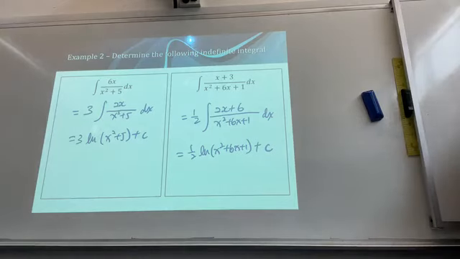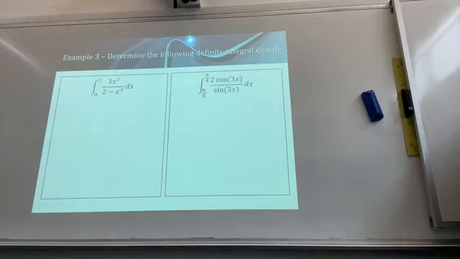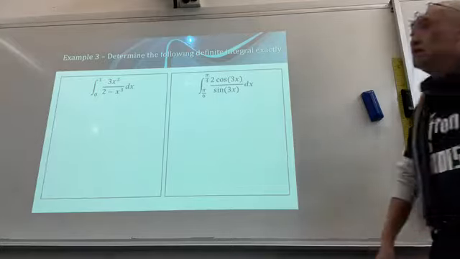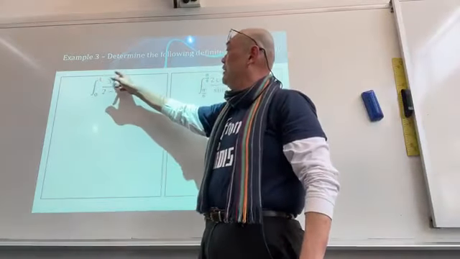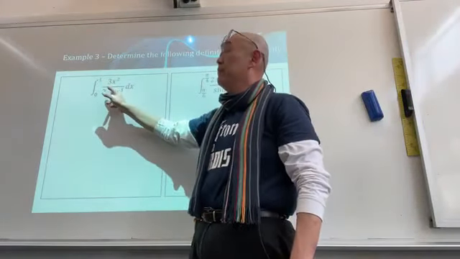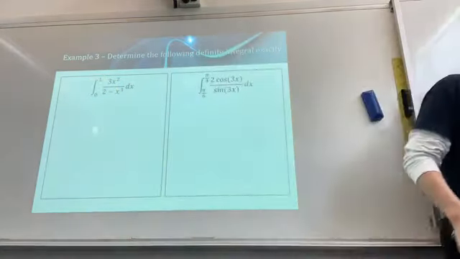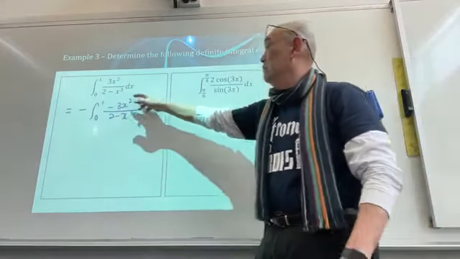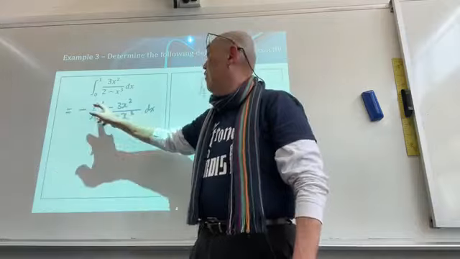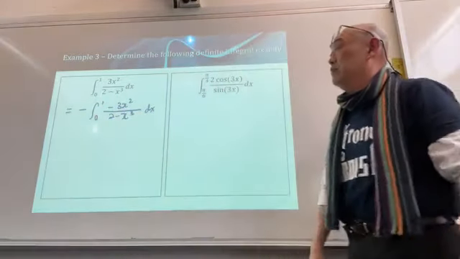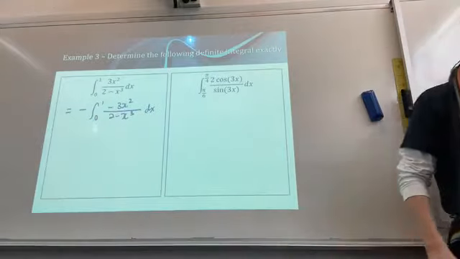Now, example 3. Here, you need to determine the definite integral, and you need to give it as the exact values. In this case, you know that this is actually the negative of the derivative of that, correct? So you need to put a negative up there and you can work this out. Negative of negative 3x squared divided by 2 minus x cubed. And therefore, definite integral,